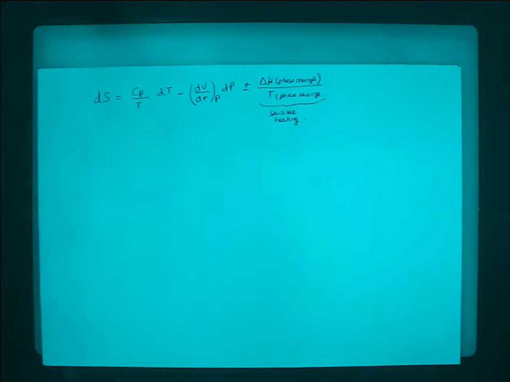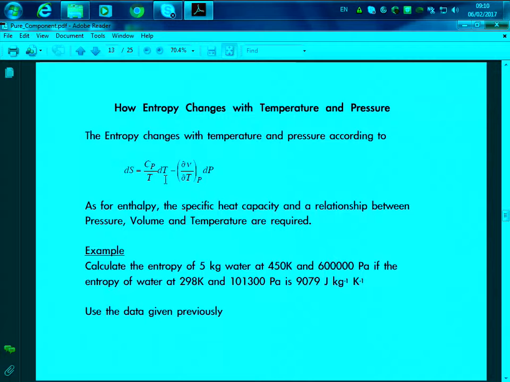Okay, so the entropy will change according to the temperature, to the pressure, and as well as the energy that is input into the system when we arrive at the saturation line, and then we have a phase change from liquid to vapor. So then here we have an example, right? So this example is solved the same way as we solved it for enthalpy